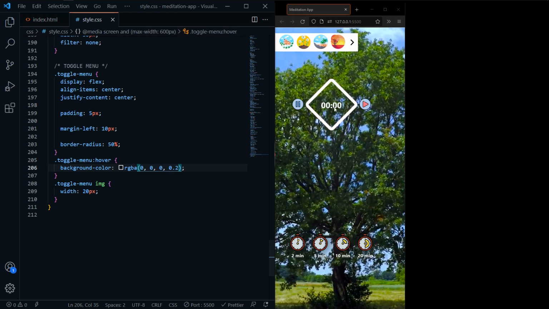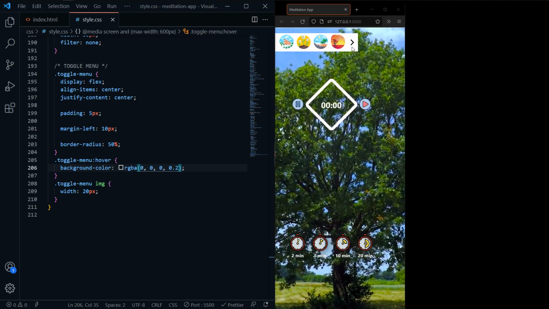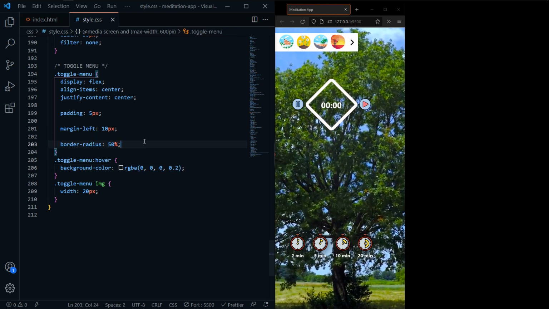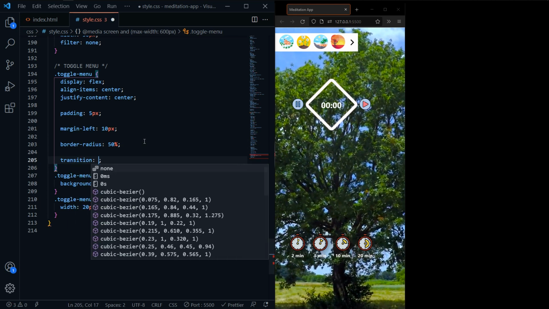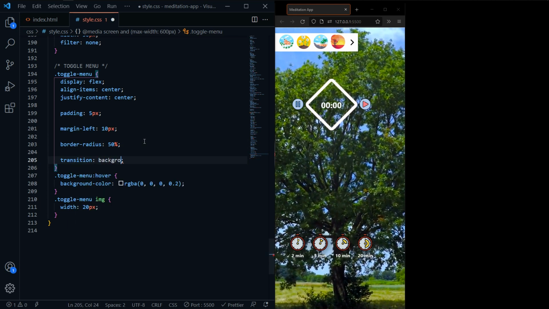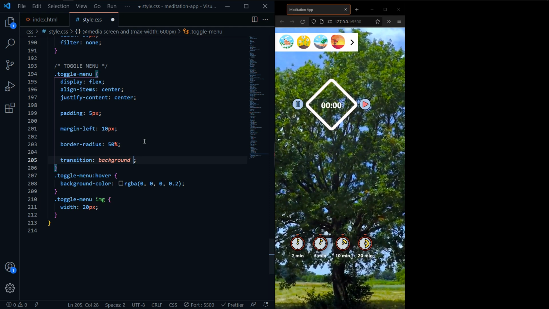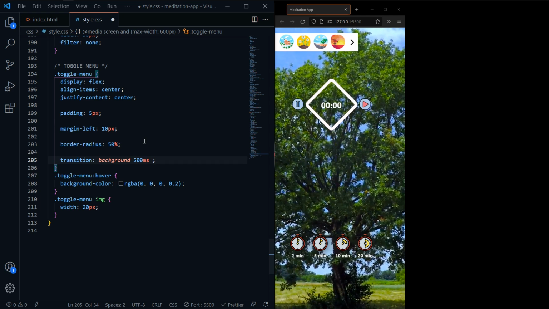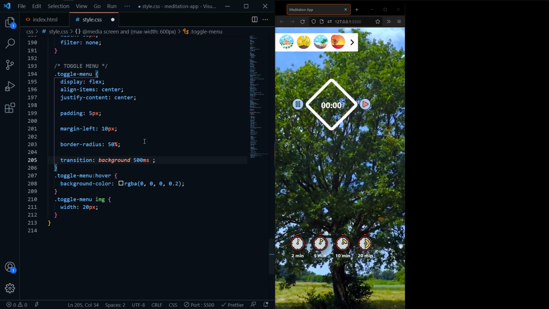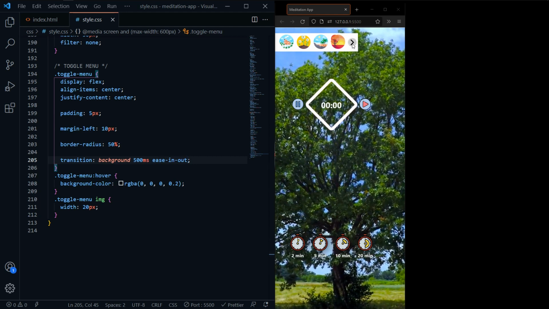So now if I hover over it, but I don't want it to pop up like this, so I'm just gonna use some transitions. So we transition here. I'm just gonna transition the background color, and I'm gonna use 500 milliseconds for the time, and then for the timing function it's gonna be ease in out. So now if I hover over it,